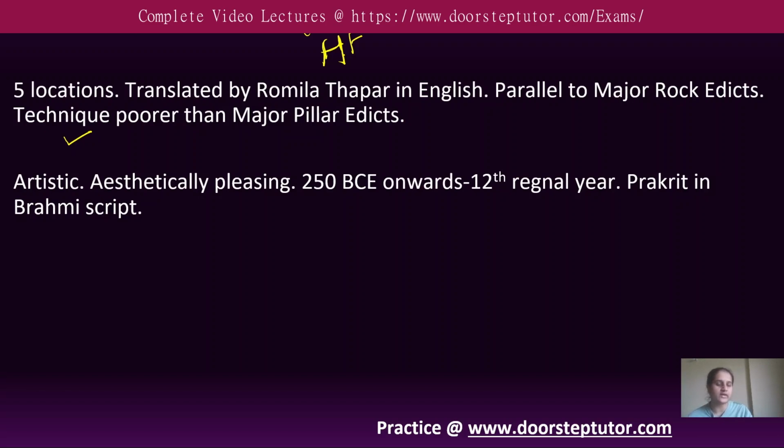This shows that at that point in time, inscription engraving was still going through a trial and error phase. There were a lot of difficulties in engraving, and in choosing the right material for engraving. If they had chosen metallic or marble or any other long-lasting stones, the inscriptions would have lasted longer. So we can see that the engraving is poor, especially with the minor pillar edicts.